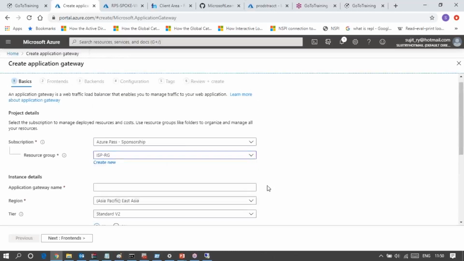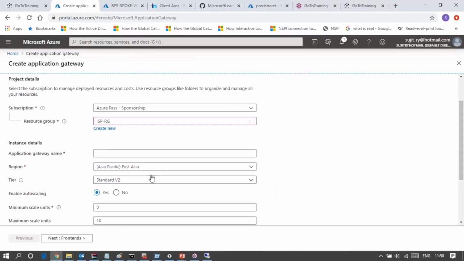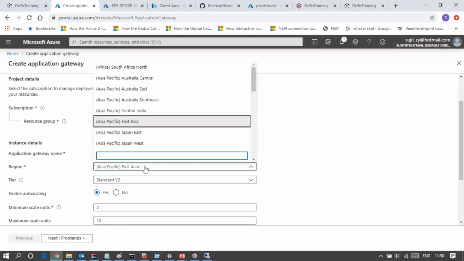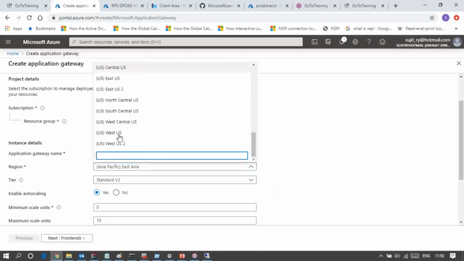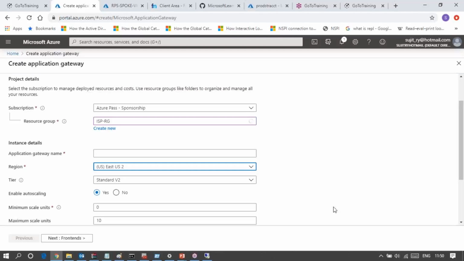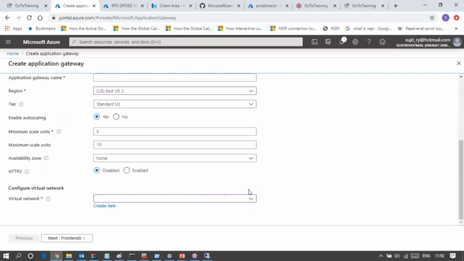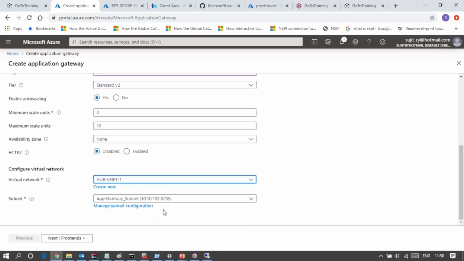ISP-RG, location is East US. Lots of things. Now it is there. Let me recall all my instances.